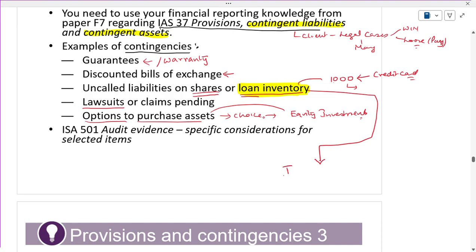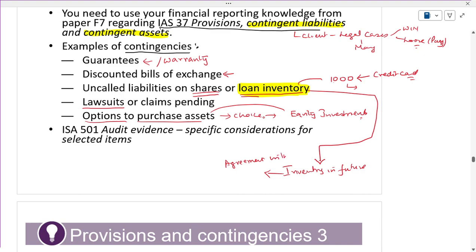If you want to purchase any inventory in future, if you are planning to purchase inventory in future, is it for that? If you are having any agreement